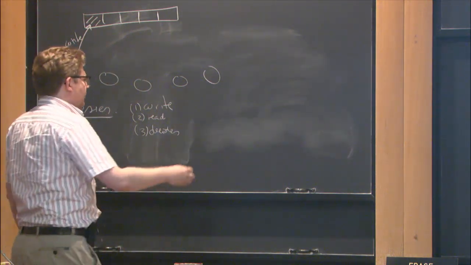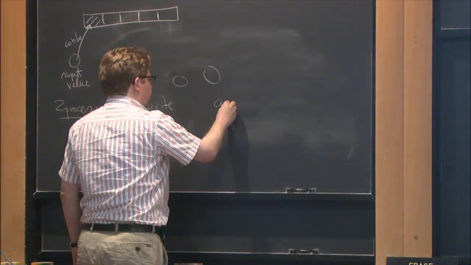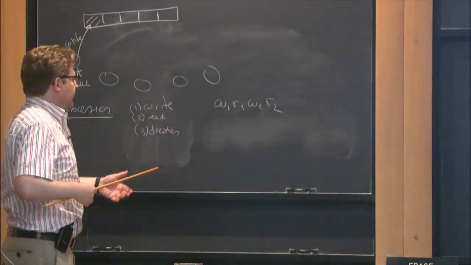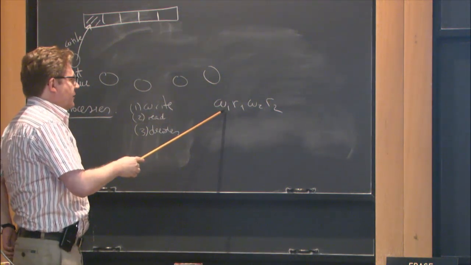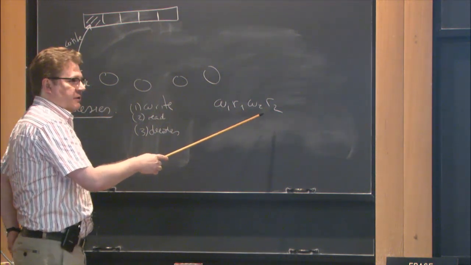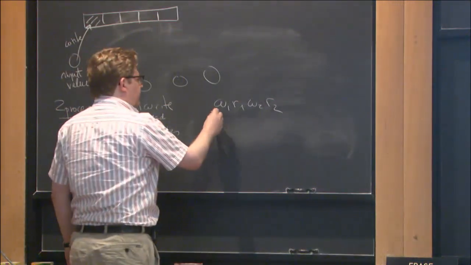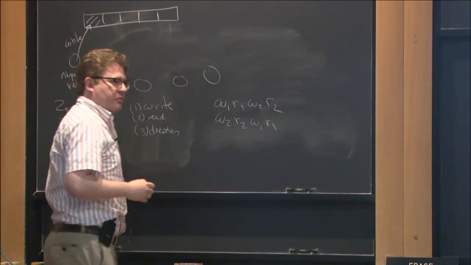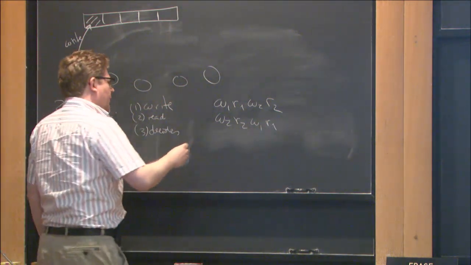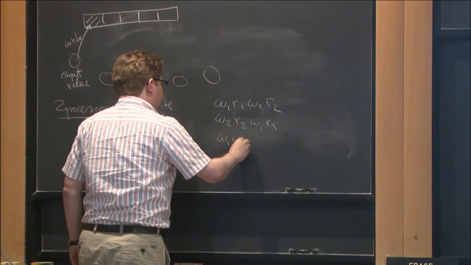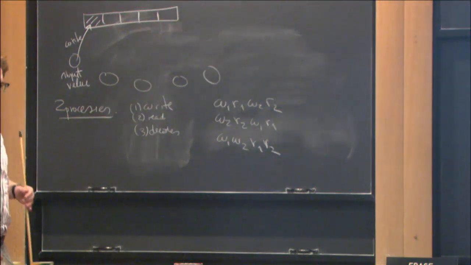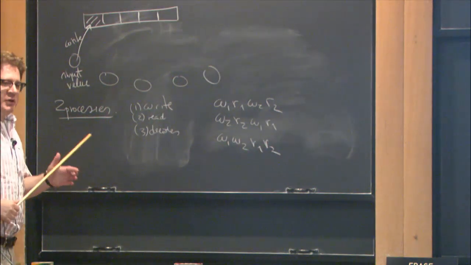Okay, so the possibilities we can symbolically just summarize like this. It can happen that first the first process writes, then he reads, then the second process writes, then he reads. Then the other possibility is, obviously, if they do it in the opposite order. And the third possibility is this. Right, and there are no other options, because